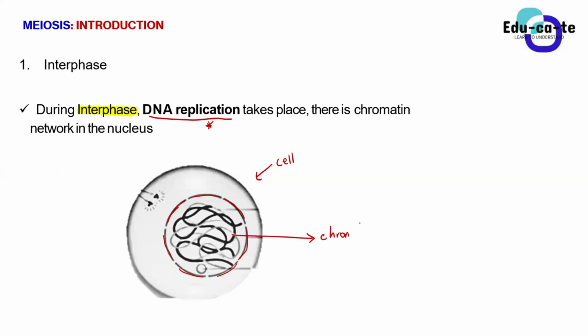So during the interphase, we've got a lot of chromatin network because there's a lot of DNA replication taking place. Remember, guys, that this chromatin network is still made up of proteins and DNA. So when DNA is replicating, there are a lot of these coiled structures, and they are known as